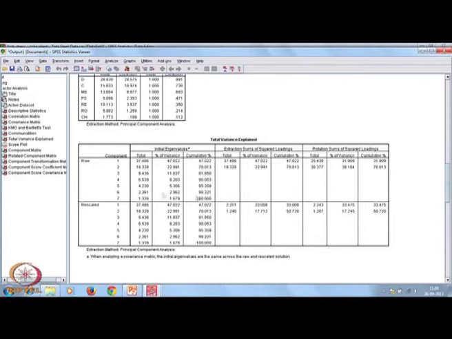Now total variance explained, if you see here, ultimately you can go up to a maximum of 7 components, but the first component's percentage of variability explained is 47%, the second component explains 22%, and the two in total are able to explain 70% of total variability. And as we have seen, we have selected the eigenvalue criterion of 1 or more using the correlation matrix.